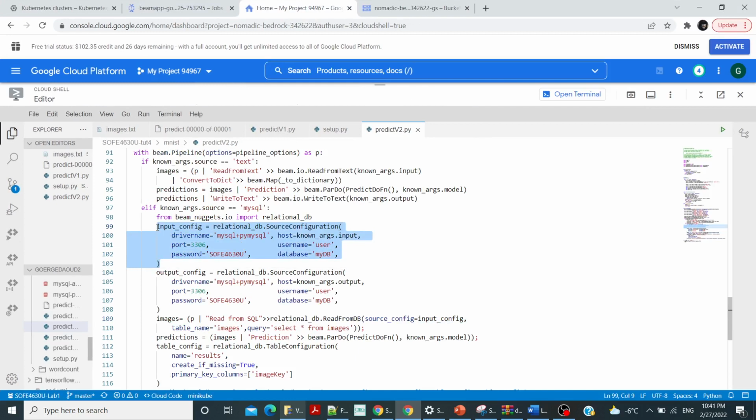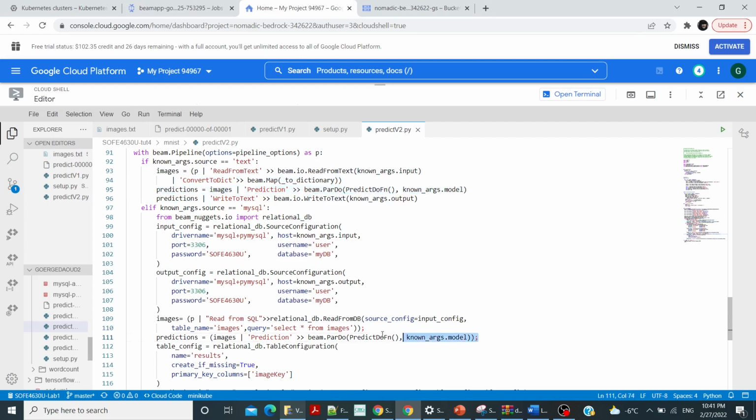This is the input configuration, and we'll seek a table called image and run this query over this table, which selects all fields from this table image. The output will already be a dictionary, so I don't need to convert it to a dictionary. It is already a dictionary, so I just go to the prediction step